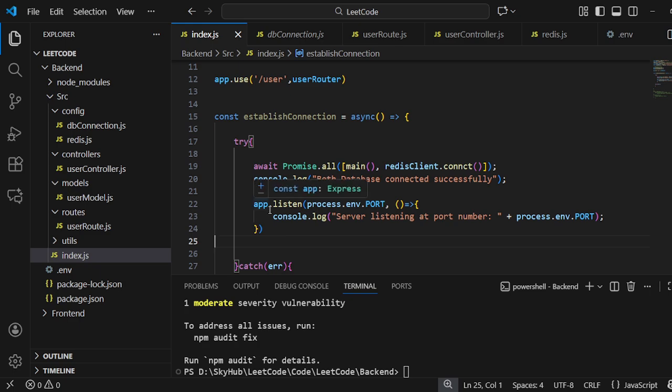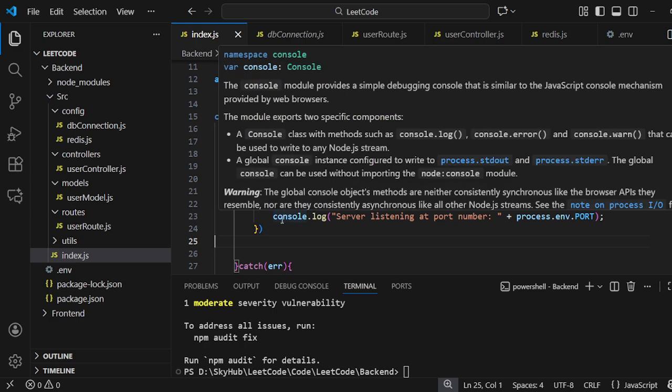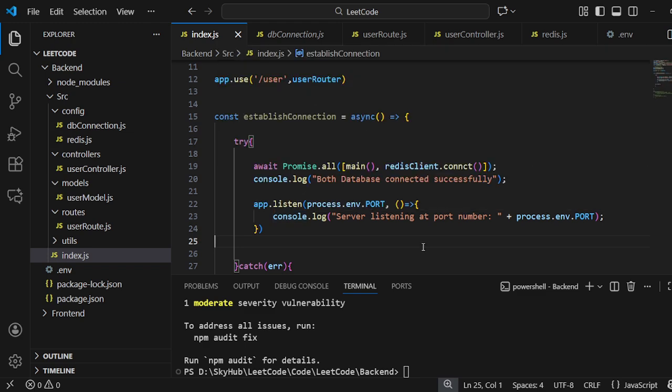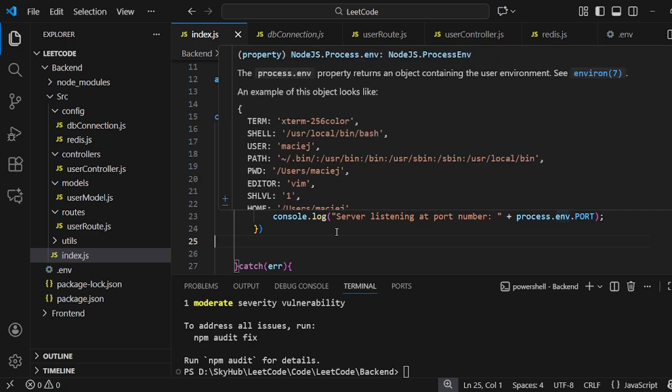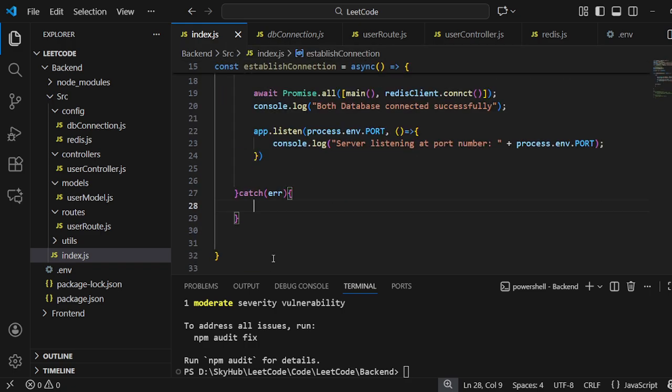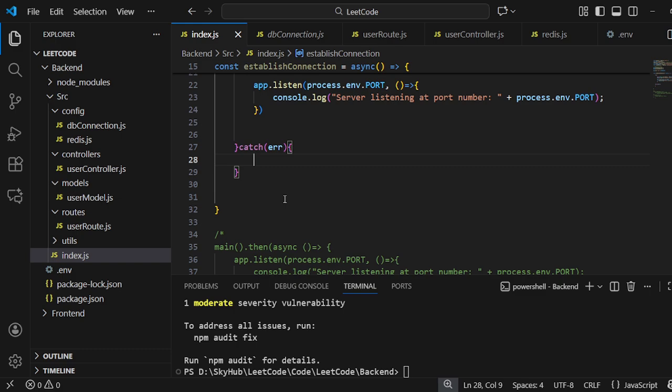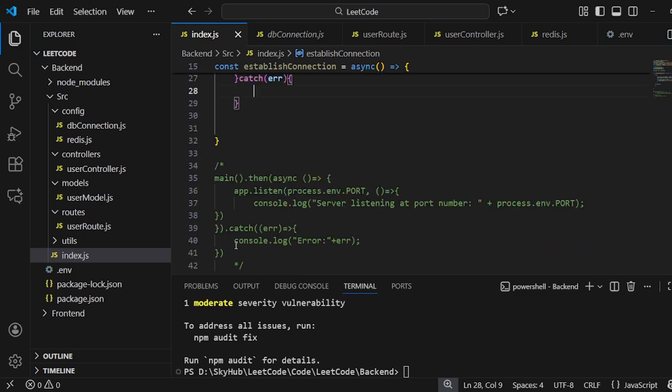The Express application app starts listening for incoming HTTP requests on the port number specified in the process.env.port environment variable. Next, we print a message in the console, server listening at port number this. So inside catch, we print